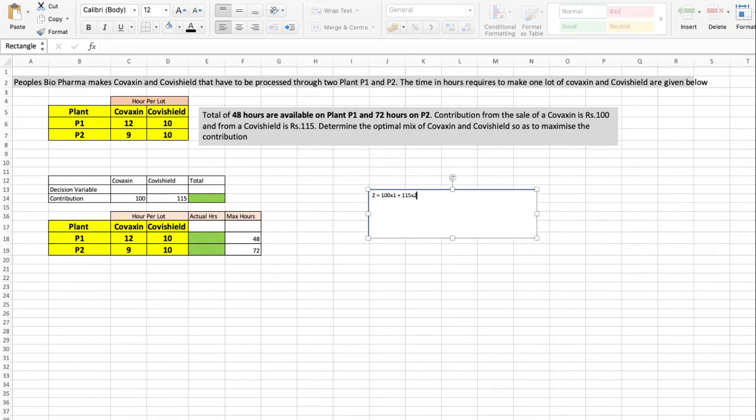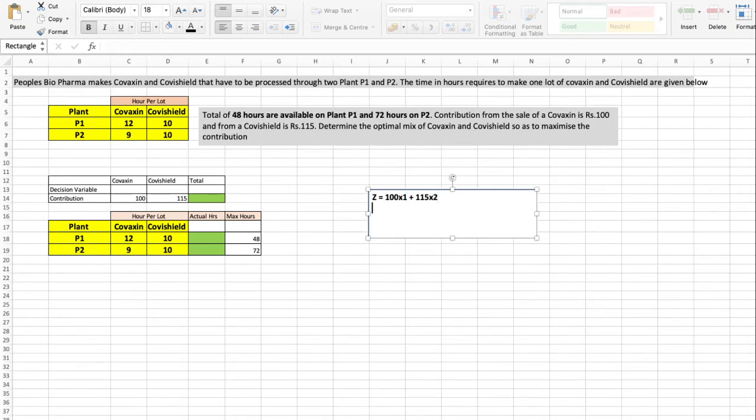I will enlarge it. Make it a subscript at last, and you can see next we have to make a formula.